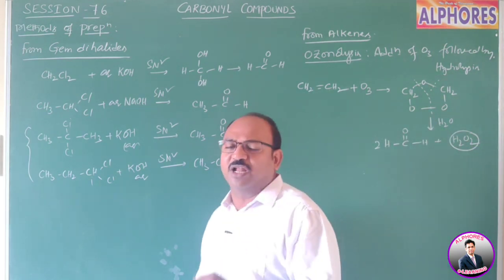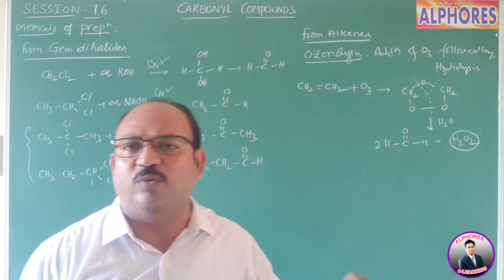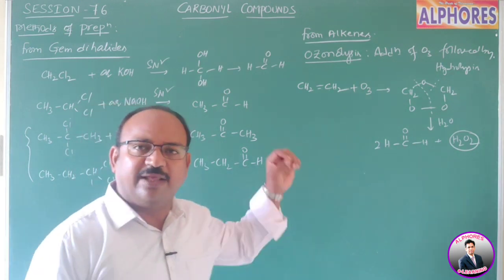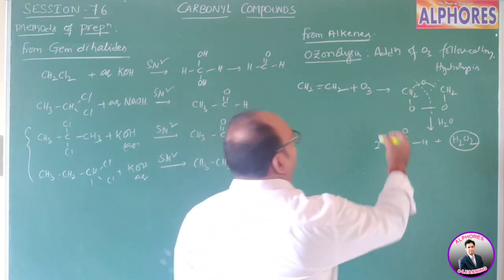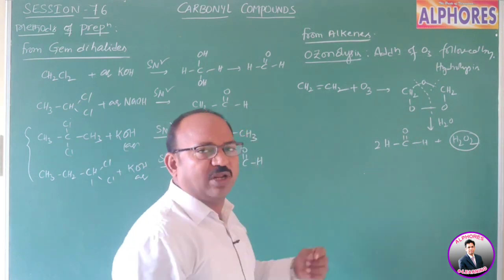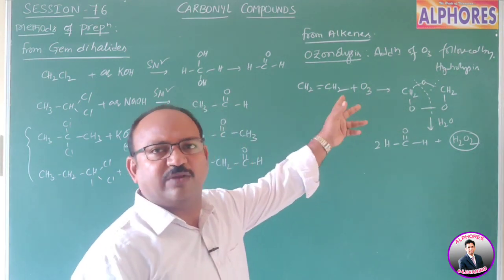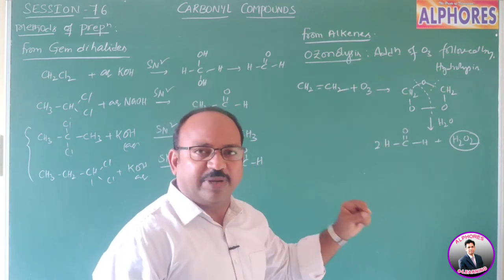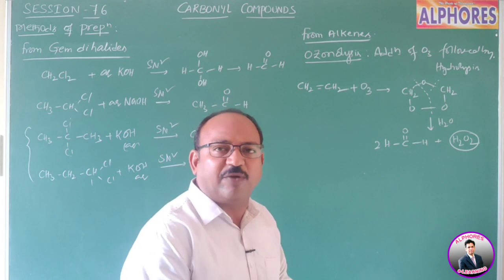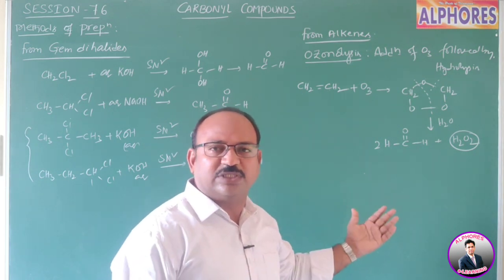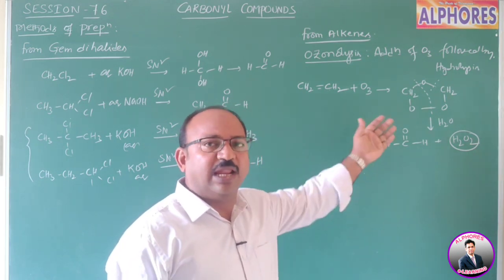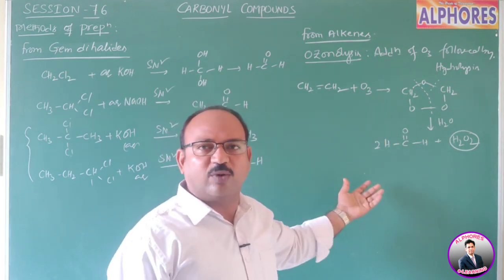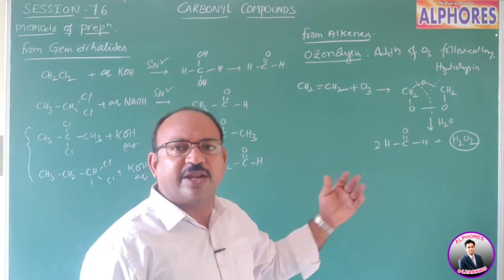I am repeating: ethylene upon addition of ozone gives ozonide, ethylene ozonide. Ozonolysis in general takes place in nonpolar solvents like CH2Cl2, CCl4. After formation of ethylene ozonide, upon hydrolysis, as I mentioned, the hydrolysis may be performed in presence of reducing agent or in absence of reducing agent. Let us see in detail what happens when we use a reducing agent and what product we get if we do not use any reducing agent.